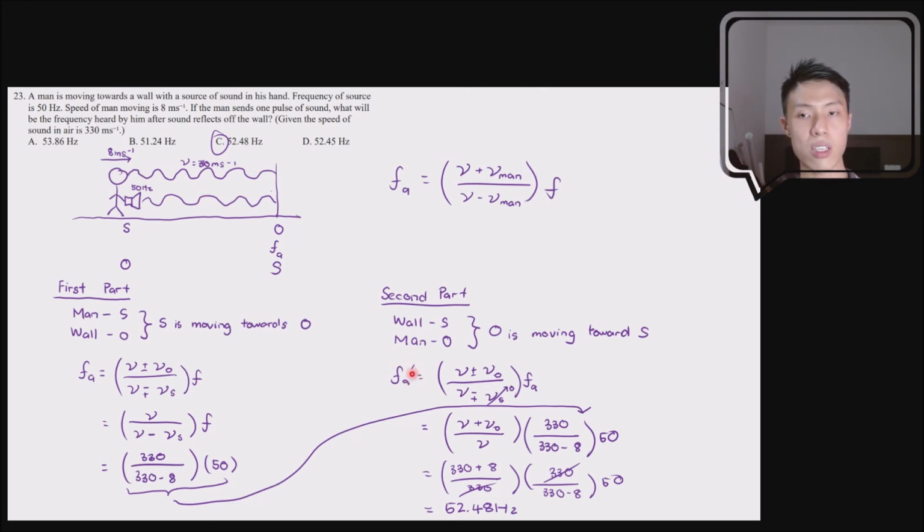Okay, so this is how you solve a Doppler effect if it involves some kind of reflection. Remember, if there's a reflection, the received and the reflected wave should have the same frequency. That's the idea. Okay, so that's how you solve question 33,